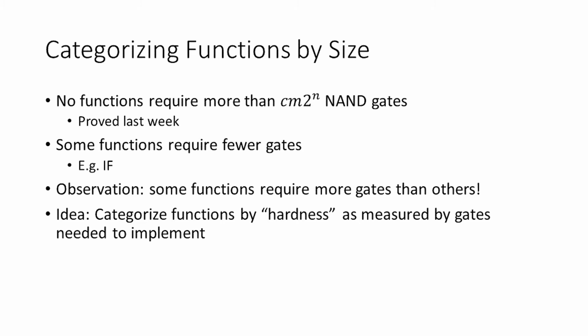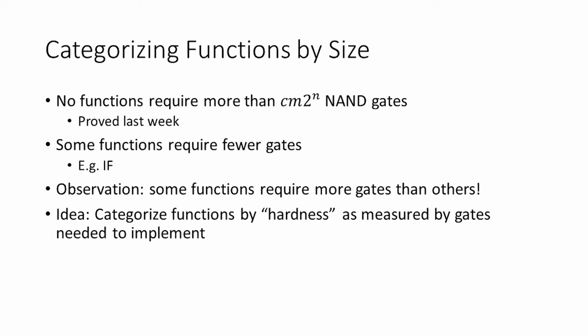Now, some functions are going to require a lot less than that bound. So for instance, when we looked at if, I think that if required something like 4 NAND gates to compute. That's way smaller than that c times m times 2 to the n threshold. So that would also belong to a smaller complexity class. So this tells us that if is a less complicated function than some other functions that are going to have the same number of inputs and outputs. So hopefully you can see a little bit of how this is helpful in being able to compare the hardness